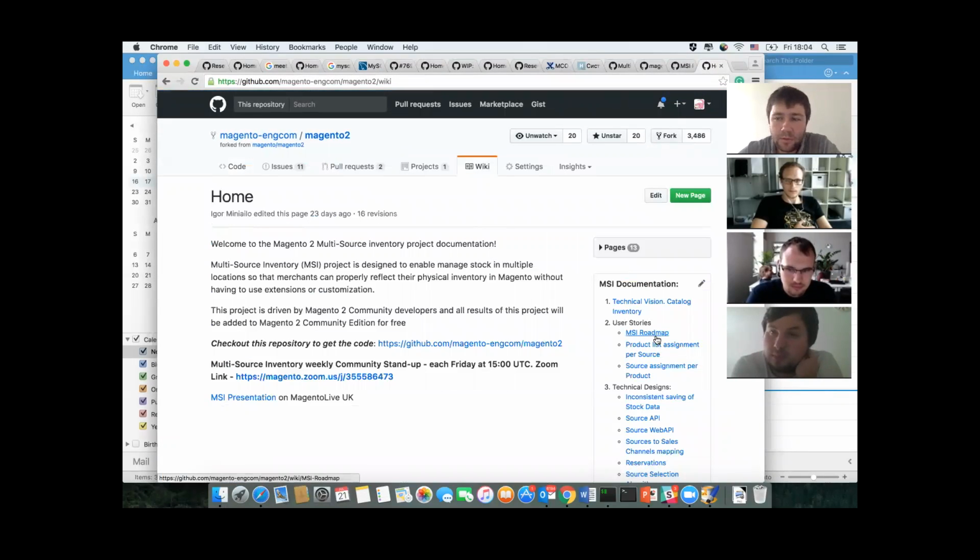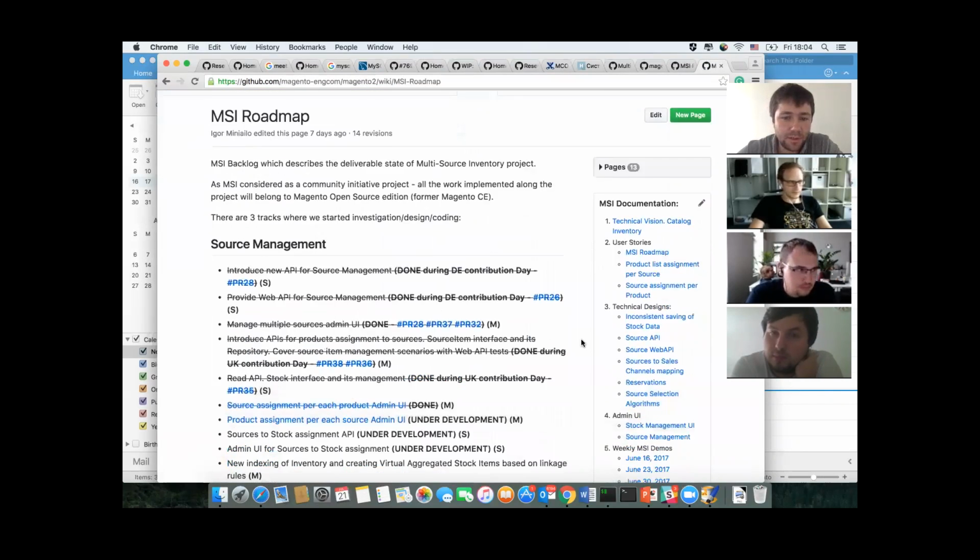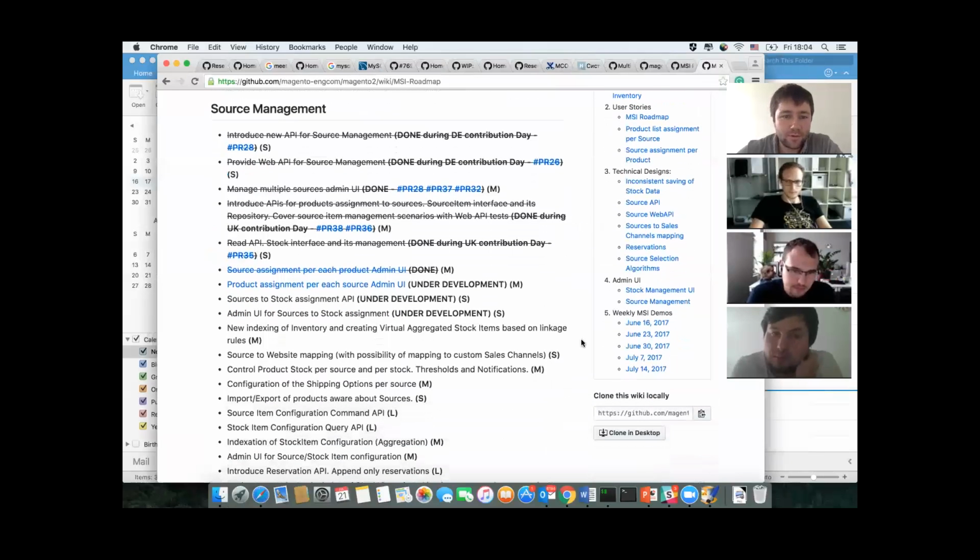So for now we have, as you probably already know, an MSI roadmap, and it's pretty easy to track our current state and the updates we have week by week. So during this week, we were working on two stories mostly: sources to stock assignment APIs and admin UI for sources to stock assignment. Actually, along that work, we decided to reconsider, re-implement and a little bit refactor our